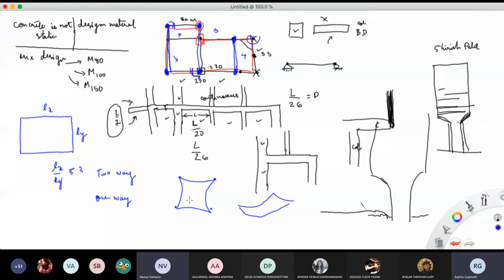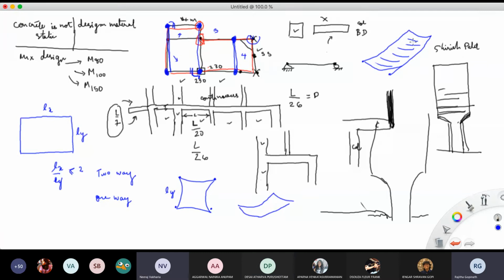But now let's say this is Ly, and you make Ly very long. Let's say you take a dupatta, and you wet the dupatta and now you are hanging it or just holding it on 4 sides. How is it going to look? It's going to look something like this, no? It will look like this. Yes, no?